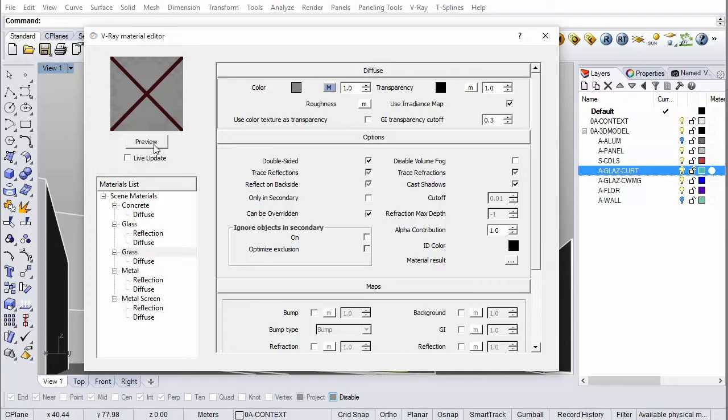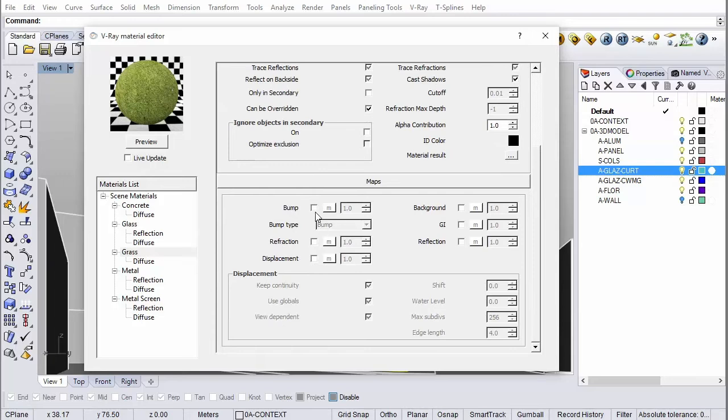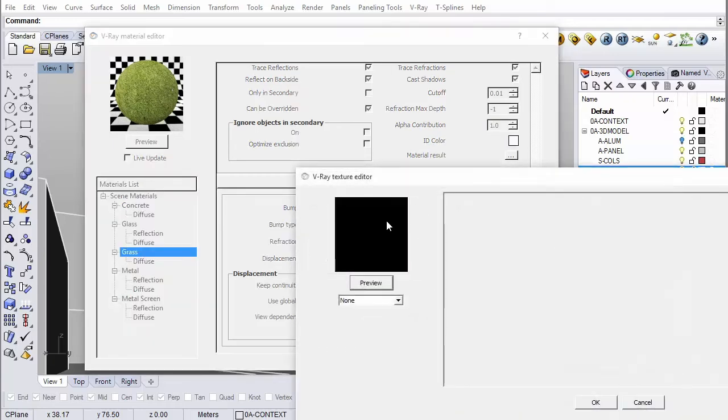So there it is. Click on bump. And set that.